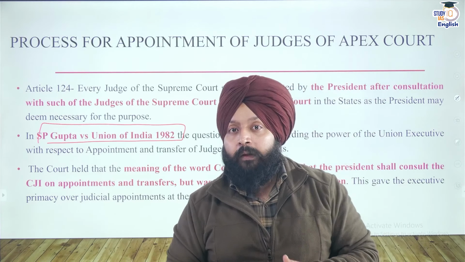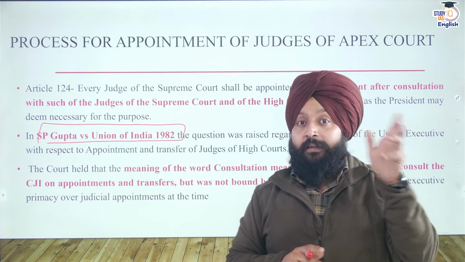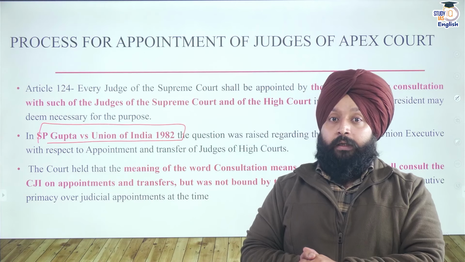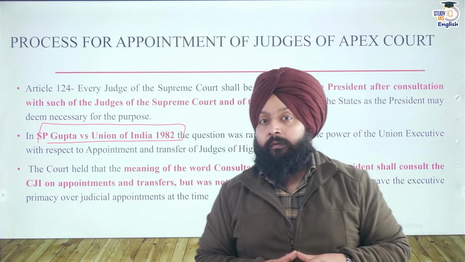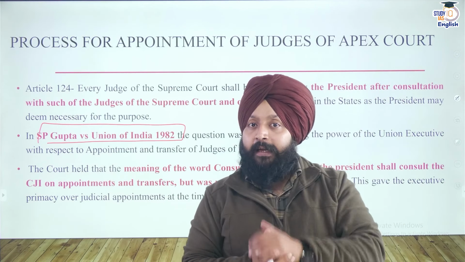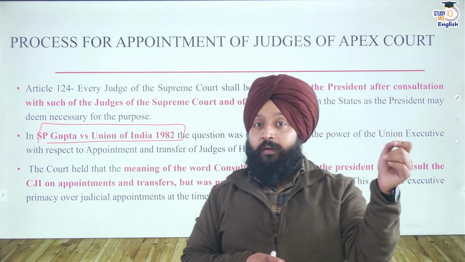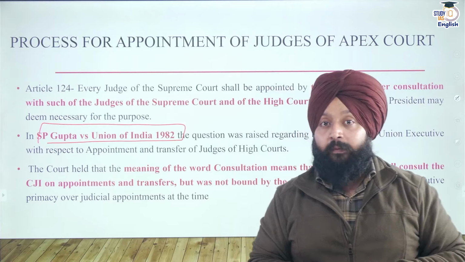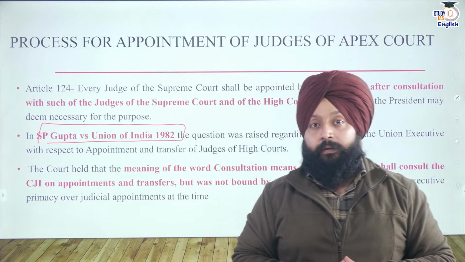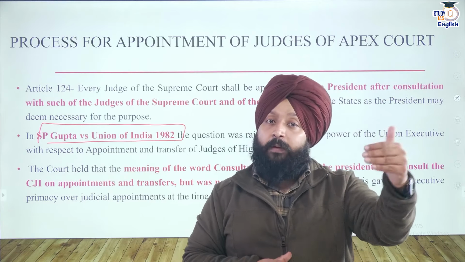In 1980s, various judges of different high courts were transferred. Now the government was transferring judges. Now the advocates fraternity was quite apprehensive. Advocates filed multiple petitions in the various high courts as well as in the Supreme Court. They alleged that the government is trying to undermine the independence of the judiciary. It is transferring judges at its whims and fancies. That means the judge who is not giving favorable judgments in favor of the government is transferred as a means of punishing him.